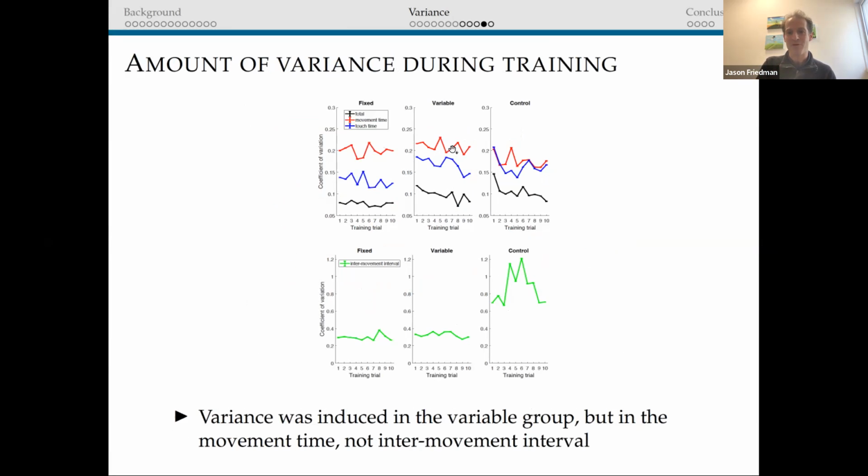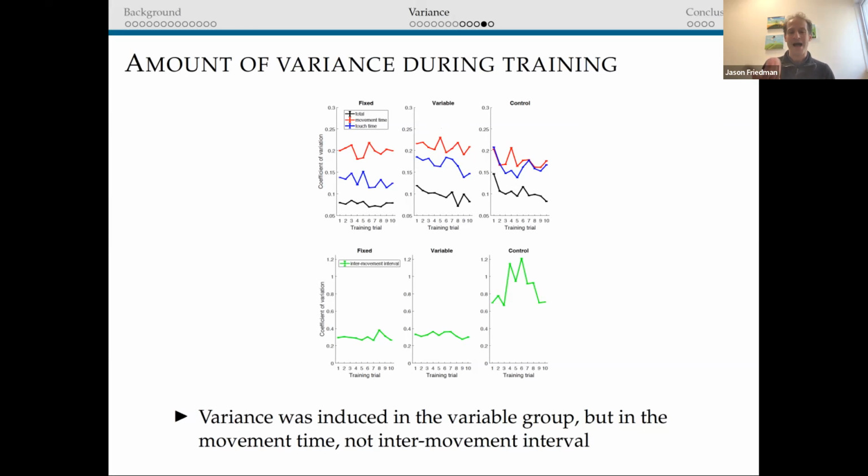If you look at the other components, we can see they actually had much more variance in terms of the movement time. So the movement time is how long your fingers move for. The way they managed to copy this pattern, beep, beep, beep, beep, beep, instead of by changing when the fingers start moving, was by changing how long the fingers